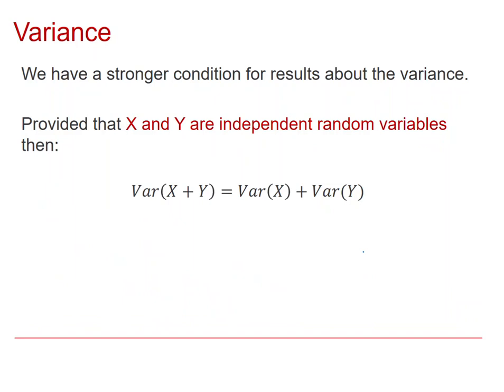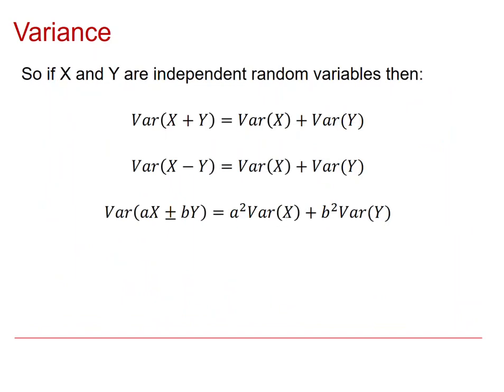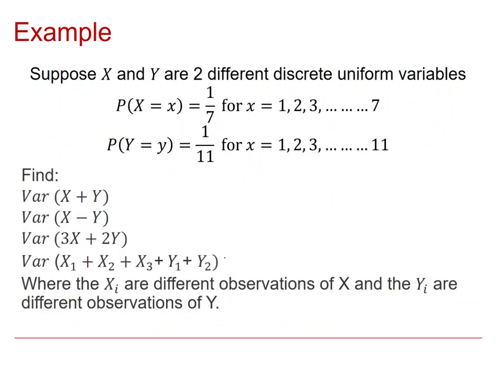It can, however, still be extended into other situations where you have ax plus by, that would give you a squared times the variance of x, and b squared times the variance of y. But no matter whether it's a plus or a minus in the middle, it will always be an addition of variances. So to do an example with the variances like we did with the expectations,